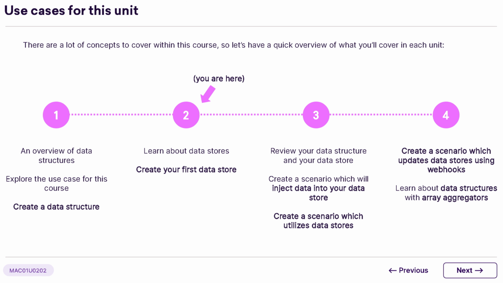Now that we're diving into this unit, let's explore some practical applications you'll encounter. We'll start by deepening our understanding of data structures, which are essential for organizing and manipulating data efficiently. As we move through the unit, you'll have the opportunity to build your first data store. This hands-on activity will help you grasp how data is stored and retrieved, a crucial skill for managing information within